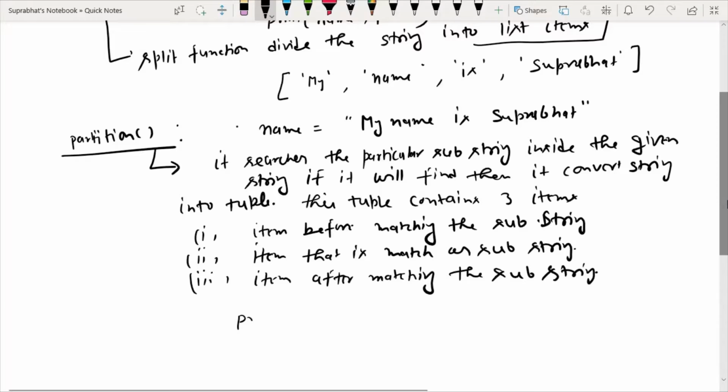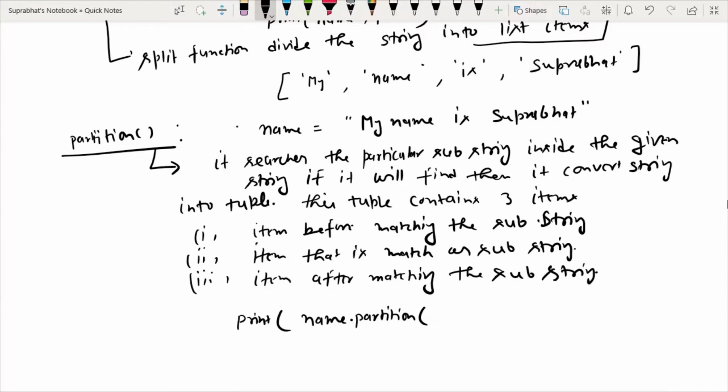Suppose I use print name dot partition, and I have given the matching string, suppose it is age. So what will it display? It will display output like this, because age is matching here. So it will take a tuple of 3 items.